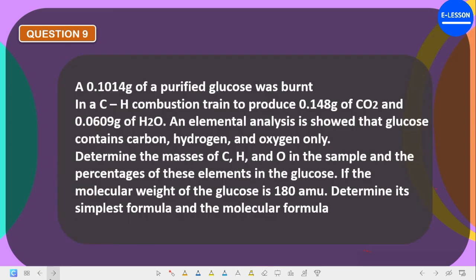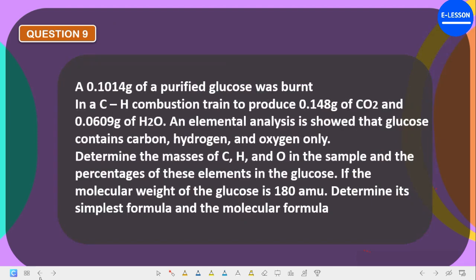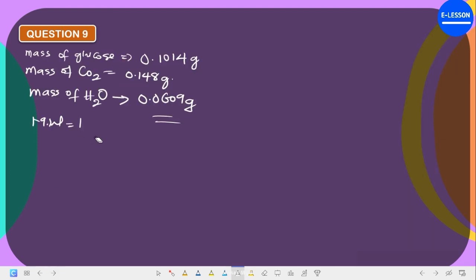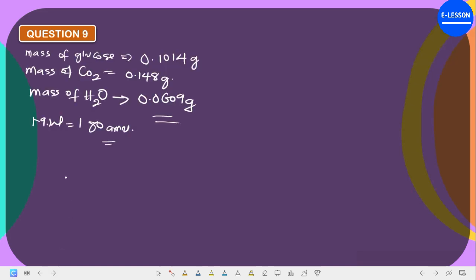Then we are given the molecular weight of glucose. So we say the molecular weight of glucose is 180 atomic mass unit. Now how do we solve? The first question says determine the masses of carbon, hydrogen and oxygen in the sample. We need to determine the mass of each of carbon, hydrogen and oxygen. First of all, we need to know the amount of carbon in